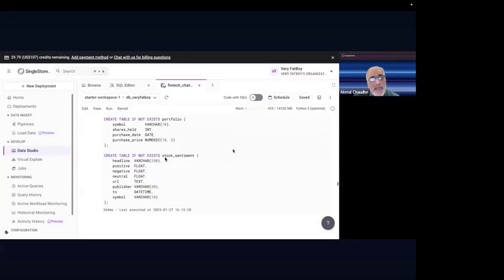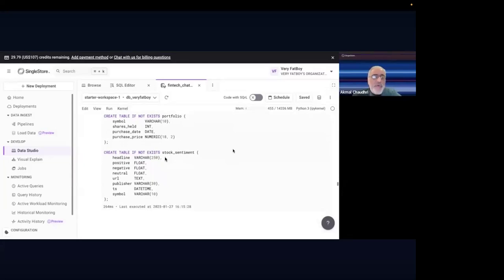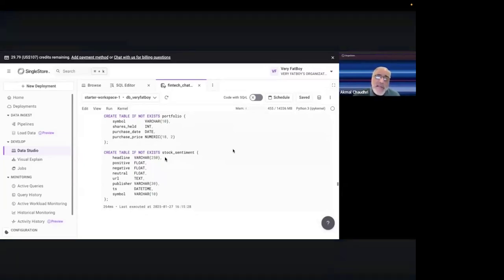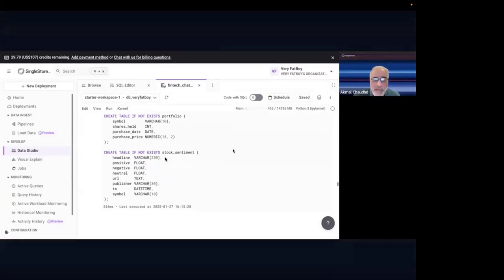This stock sentiment has been derived from real data. What I've done is I used WebAssembly, and I created a function, and I converted that into the right format, generating the sentiment as well. That's available as a zip file, and you can download that and just upload it into the environment. So I've done all the hard work for you for that.